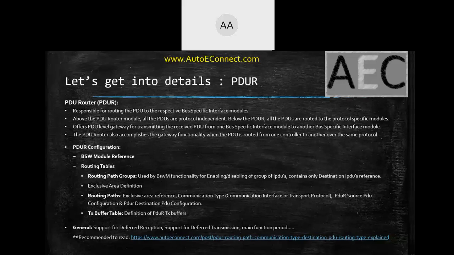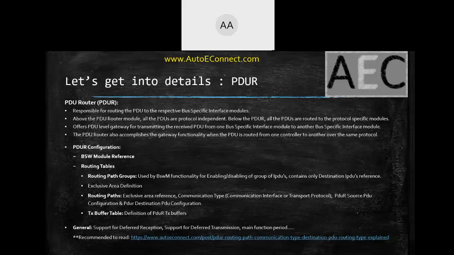For example, in case of a CAN message, if you want a TX confirmation, the first thing is the CANIF. CANIF will give the TX confirmation to PDUR. PDUR will give the TX confirmation to the COM, and COM can use this TX confirmation for giving any indications to the RTE and the application layers, wherever they can do some processing as per the requirements. Whenever the TX confirmation is received, they can transmit the next data. These kinds of use cases can be achieved by enabling this transmission confirmation flag.